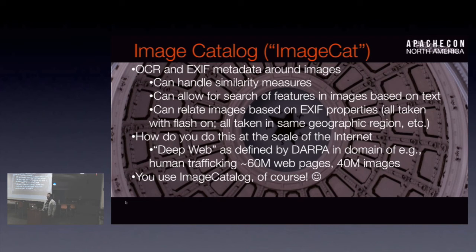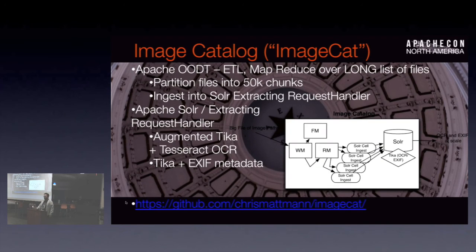Basically, some apps that we're building on top of ImageCat are something called Image Space and Image Space Experiments. It's a web front end to ImageCat, to be able to search all the EXIF metadata, do those similarity relationships, and search all the OCR at scale with Tika and things like that. You can imagine this being sort of a very fancy iPhoto that doesn't crash. And we all know iPhotos crash, so that's why you're all laughing. Mine crashes. Anyways, it's there, and you can try it and use it, and people are.